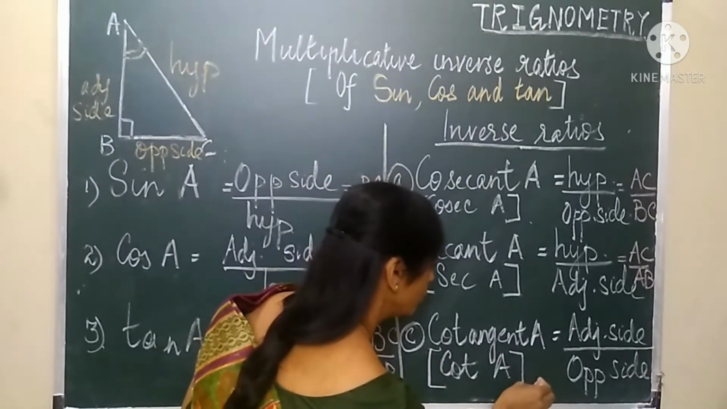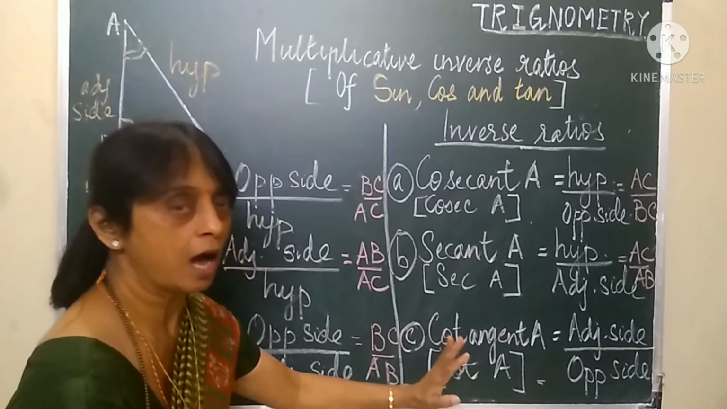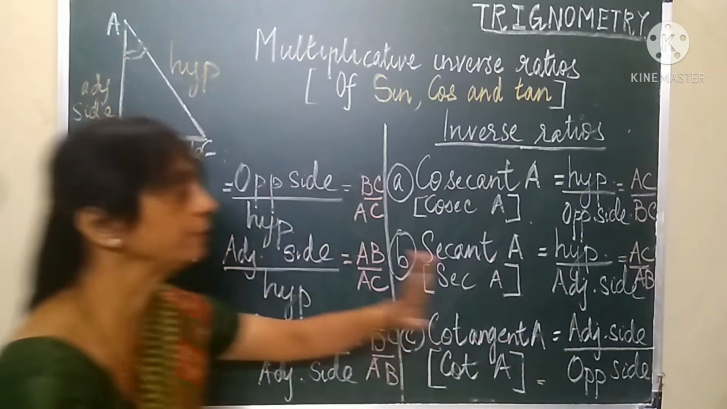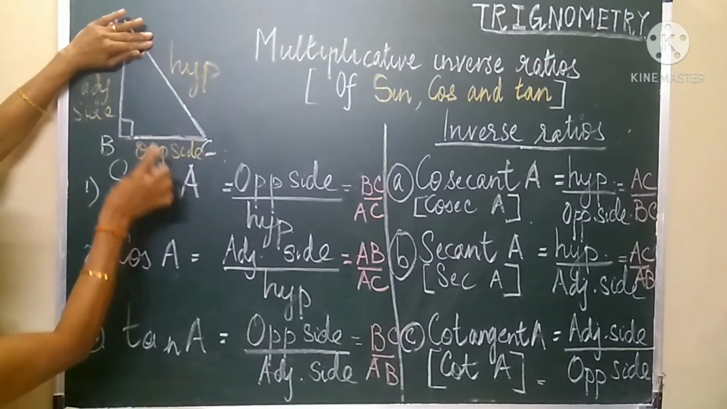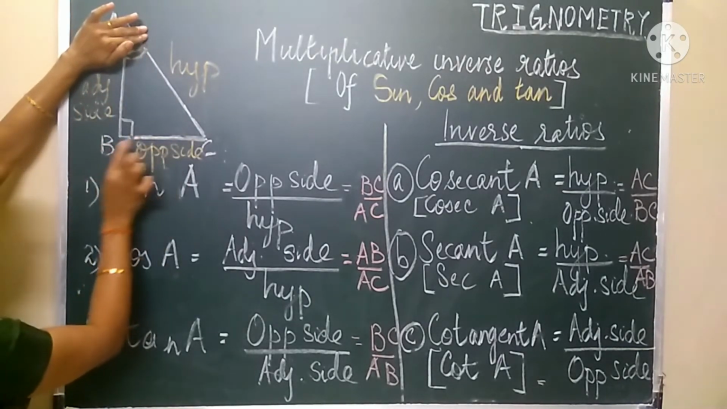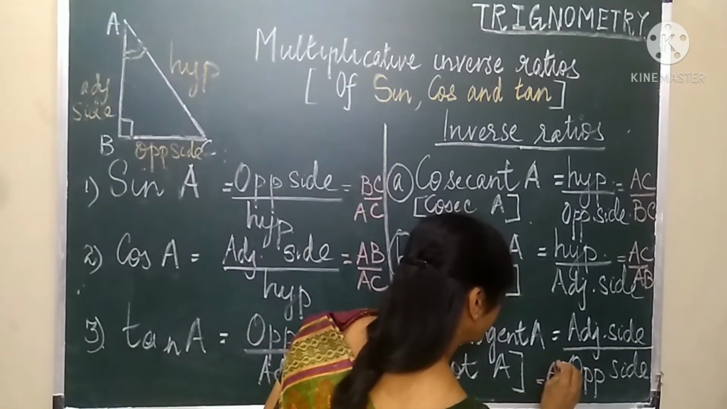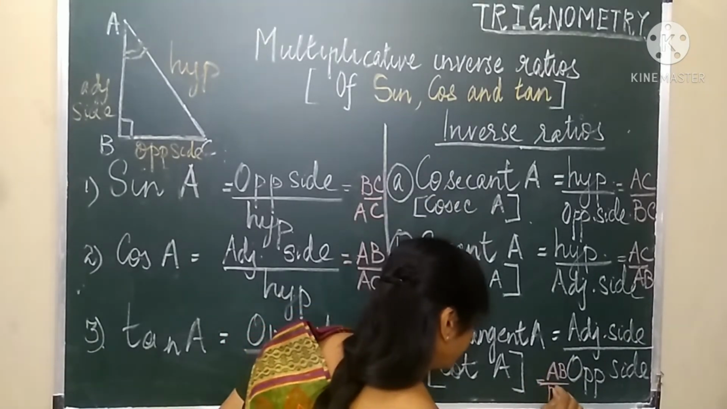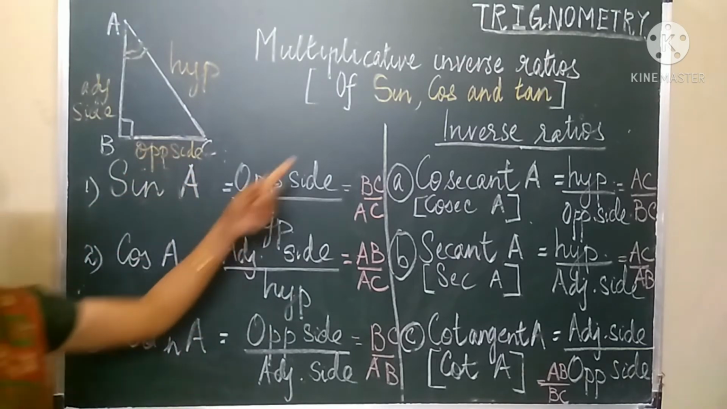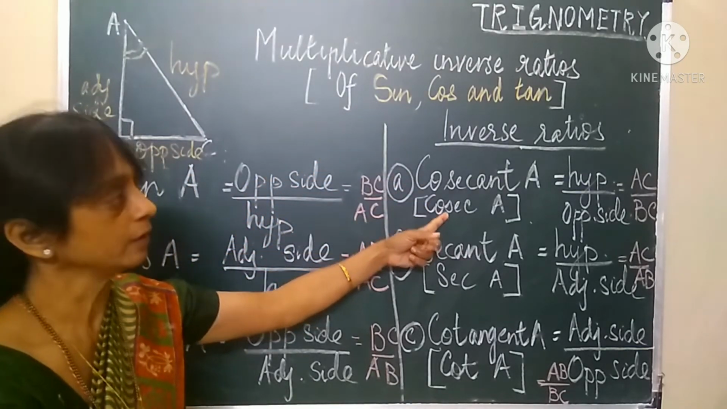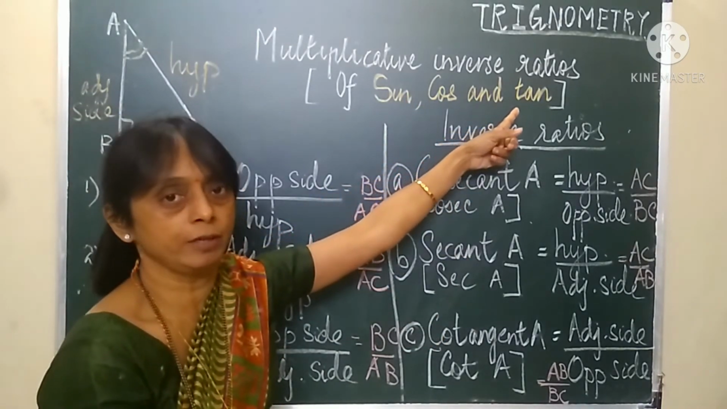And the last ratio, that is the inverse ratio for tan, is called cot. How is the formula given? It is given by adjacent side upon opposite side. For angle A particularly, adjacent side is AB, opposite side is BC. So AB upon BC. So once again I repeat, the reciprocal for sine is cosec, reciprocal of cos is sec, reciprocal ratio for